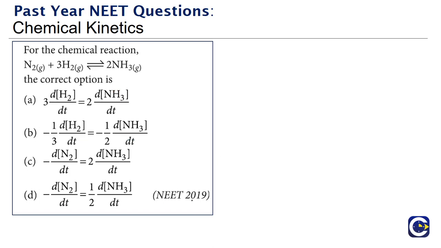Next we'll look at a question that came again in the year 2019. For the chemical reaction N2 gas plus 3 moles of H2 gives 2 moles of NH3, the correct option is. Here the options talk about the relation between the rate of consumption of the reactants and the rate of formation of the products. As per this relation, for the reactants the rate of